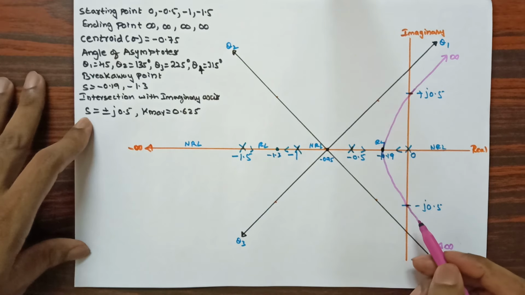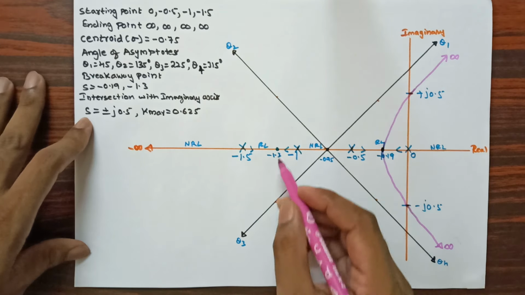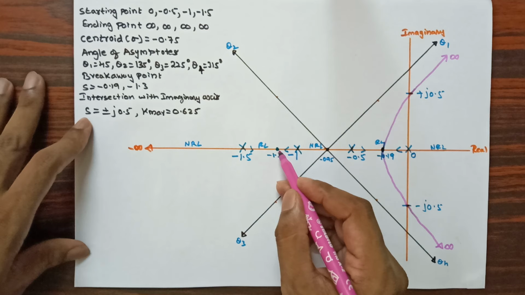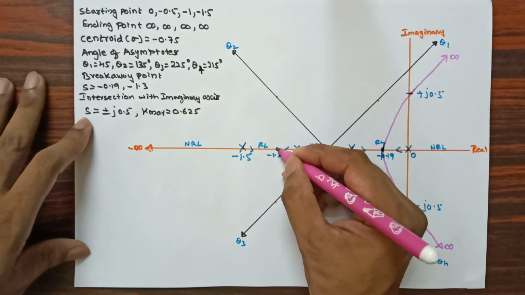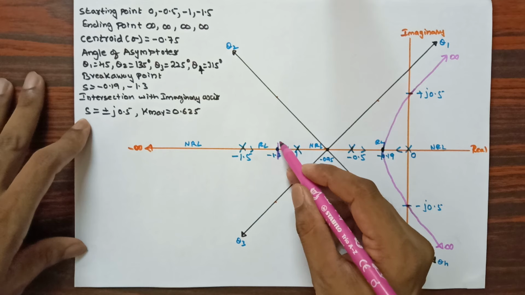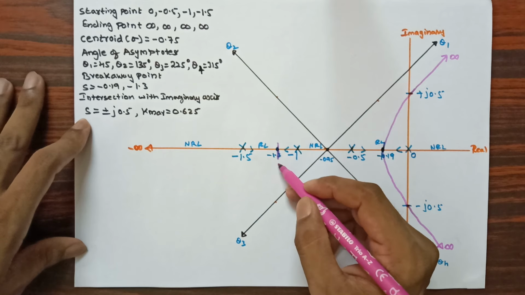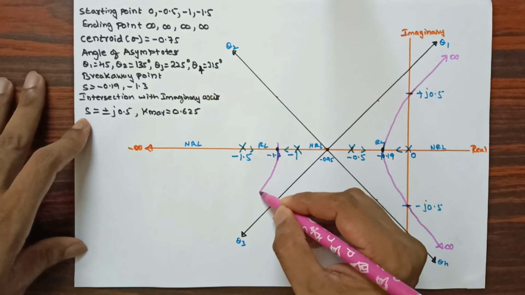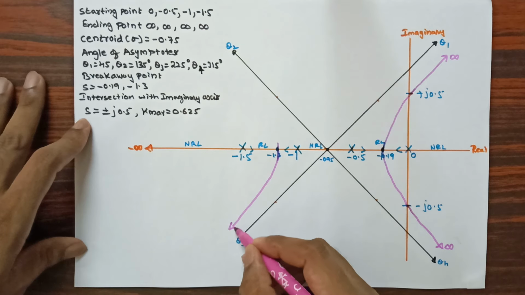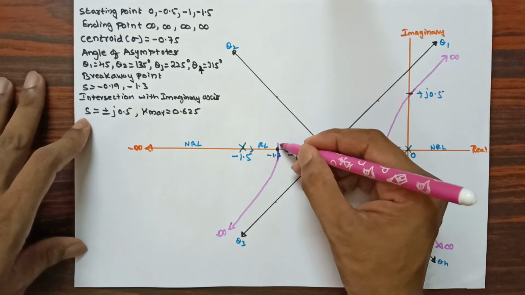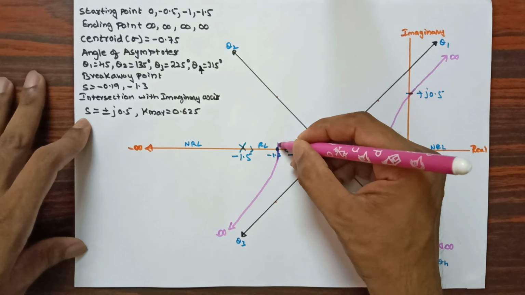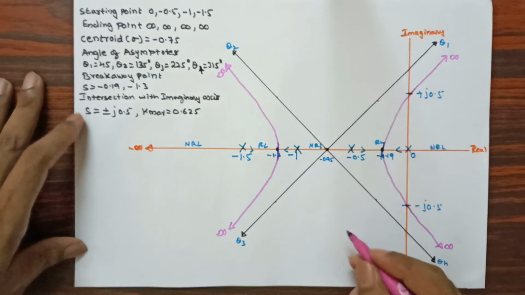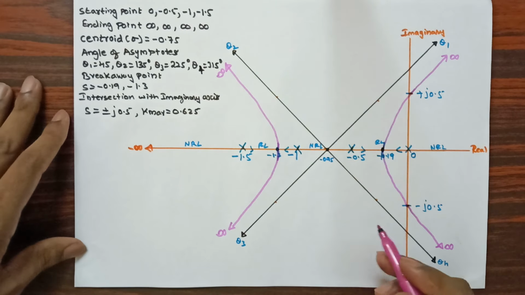So these two branches have approached infinity by following these two angles, whereas in this case this pole will be moving in this direction and this pole will be moving in this direction. They are going to meet at the second breakaway point, that is minus 1.3, and both are going to come out, one pole in the upward direction and the other pole in the downward direction. By observing this angle, it moves towards the infinite path. And this upward pole, by observing this angle, will move towards the infinite path. So this is the root locus for the given problem.